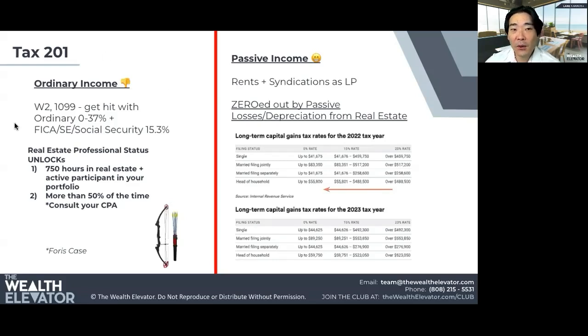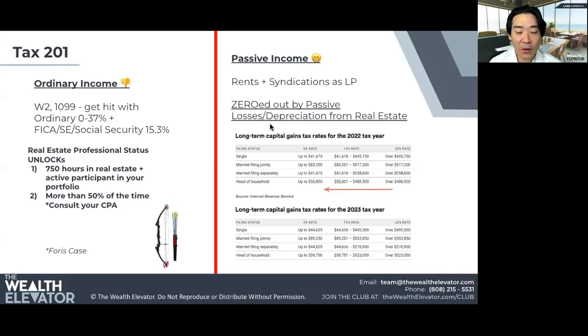The stuff from your job or your 1099s, unless you are able to get this real estate professional status checkbox on your taxes, or unlock this cheat code. The analogy I like to use is a bow and arrow set. The arrows are like the passive losses, right? You need to invest to get passive losses. This is why people who don't invest in alternate investments have no arrows to play these games. But the real estate professional status is like the bow. Now with the arrows, you're able to shoot bow and arrows.